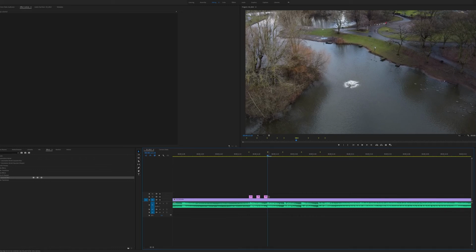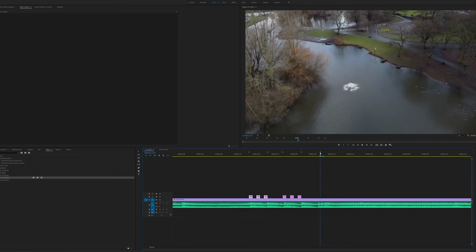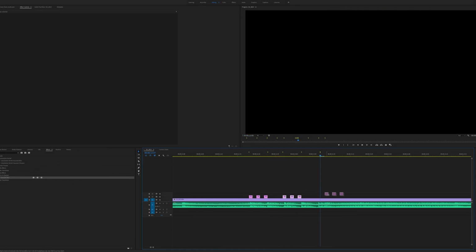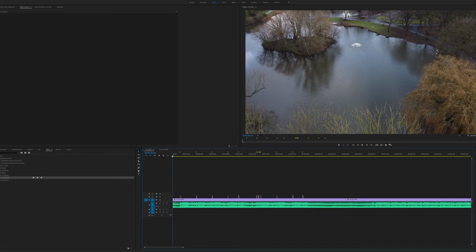marker here, you can see that it ends where this last blur of the adjustment layer finishes. We don't want it to continue blurring, so we're going to miss it out and jump to this one. So let's marker there and move it across. Again, that happens again, so we're going to do the same thing. We're just going to miss those 2 out altogether, so we don't actually need those 2 markers. We'll leave them in place though, just in case we need to make any further adjustments. So we'll go back to the beginning of the playhead now, and then we can play through and see exactly what this effect has achieved.